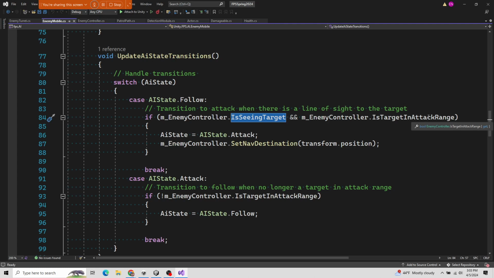So are we currently seeing the target? He's not like through a wall at current time. And the target is within the attack range. All this is coming from the detection module and being sourced out to the enemy controller. Then we're going to move into the attack state. And we're actually going to start to